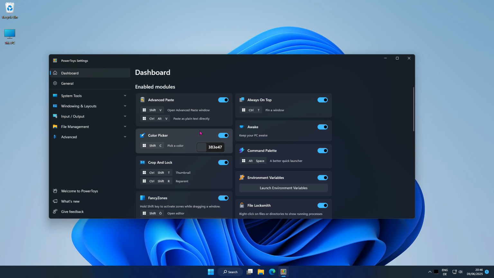With the color picker tool active, simply hover your mouse over the color you want to pick, and it will display the color's hexadecimal code, RGB values, and other details, making it easy to identify and use the exact color you need. Another useful tool in PowerToys is the Always on Top feature, which allows you to keep a specific